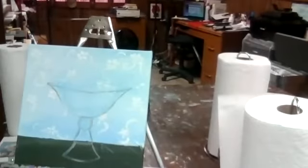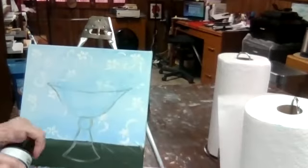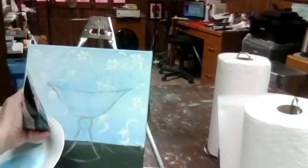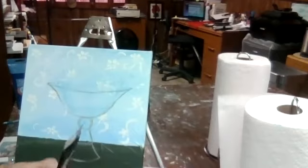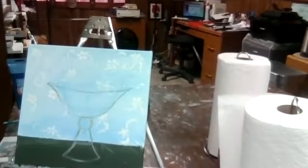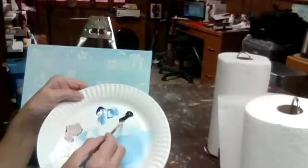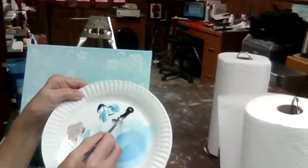So I'm going to now find some black, which is right here. And this is Mars black. I'm going to put just a dab, because that's probably all that's left in there. And needless to say, I go through mucho amounts of paint. I'm not putting a lot in, just a little bit. So I'm going to pick up a little bit of the black. Now remember that the black is going to be a way stronger color than the white,